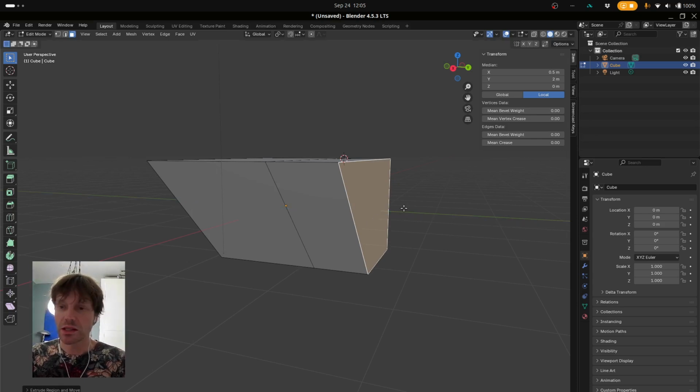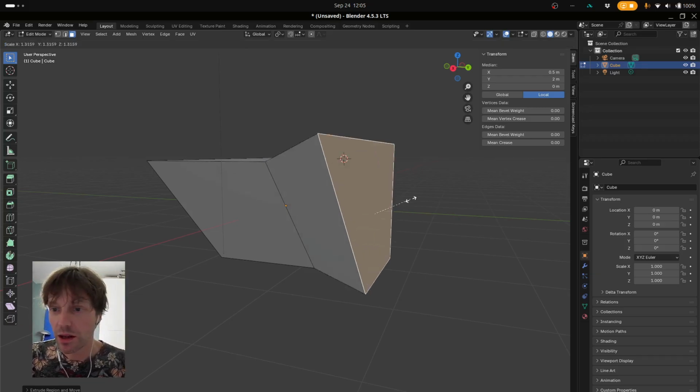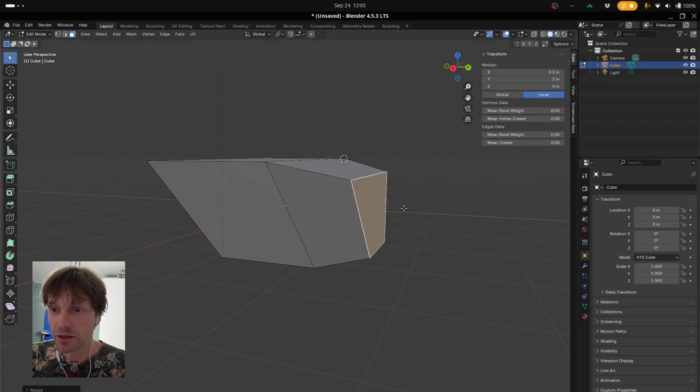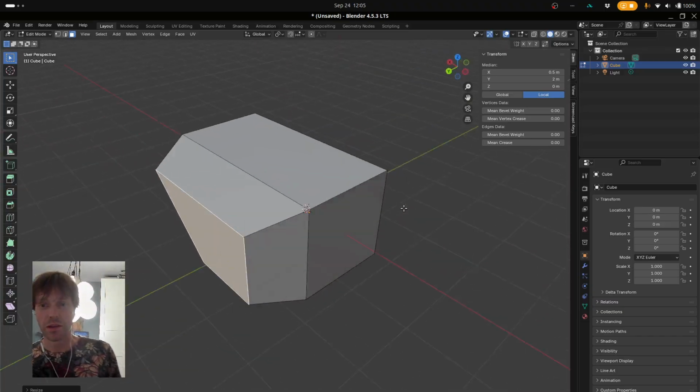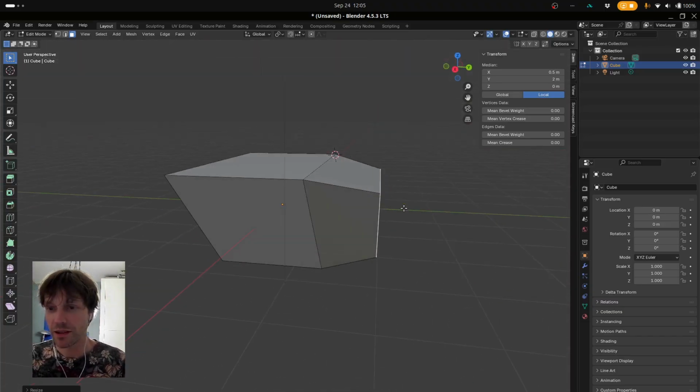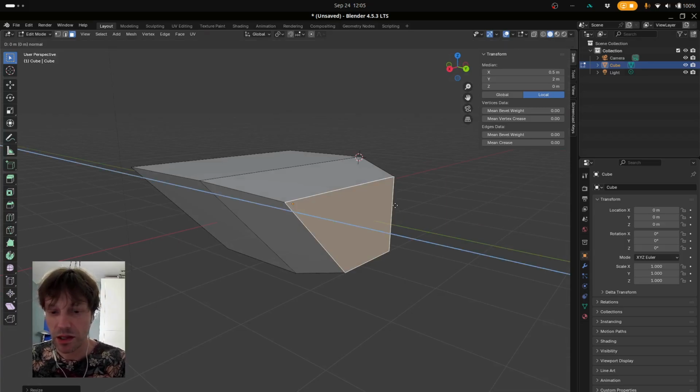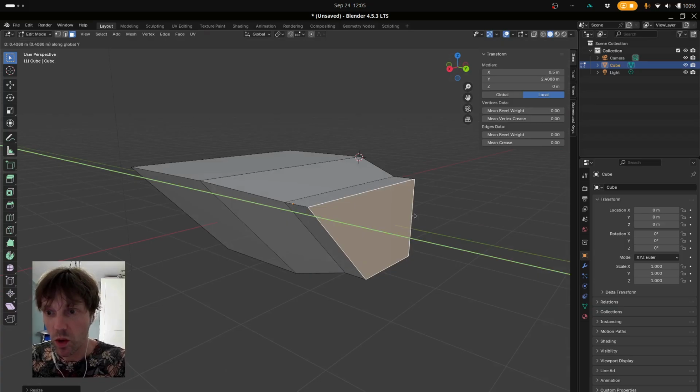Now the cool thing is I could also now scale the whole thing down using S as the shortcut, and then you can do stuff like that, kind of like making it, yeah, a little bit more slick looking. And I can play this multiple times, so E, and I'm going to lock it into the Y axis, and 1,